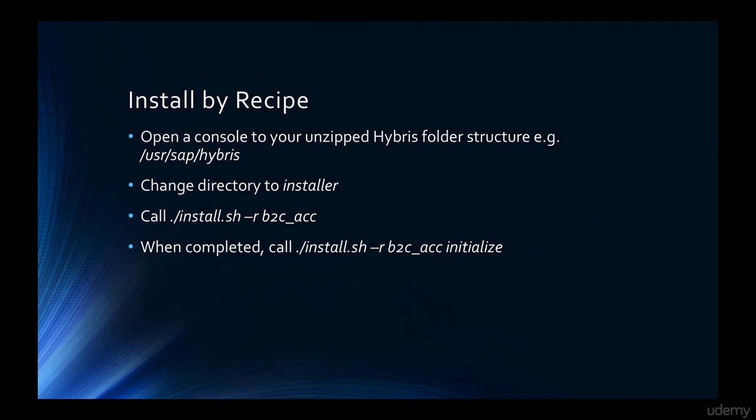./install.sh is the main install script for recipes. On Windows, this will be called as ./install.bat. -r is the recipe flag, indicating that we wish to install a recipe, and b2c_acc is the name of the recipe. In this example, we will install a very basic business-to-consumer storefront. This command, one of 3 we will call to install a recipe, sets the initial build parameters for the recipe. Once completed, we will need to call the next command of